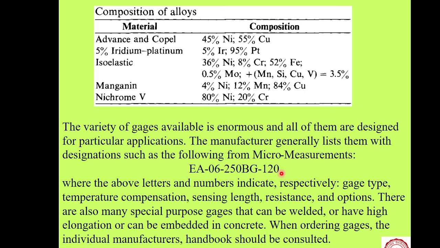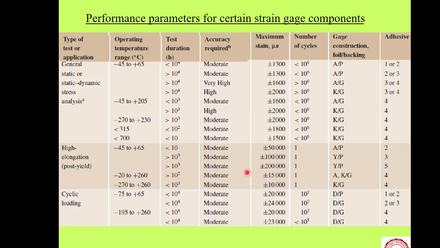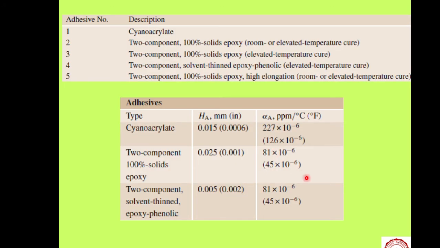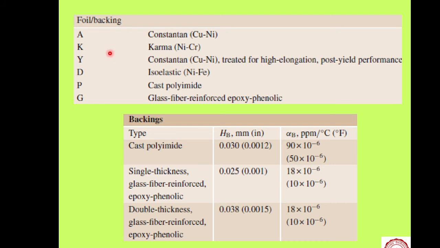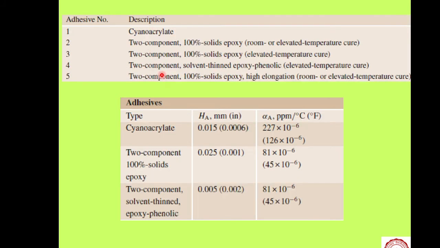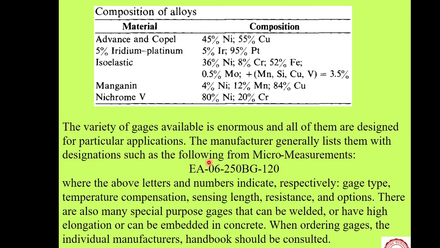We will see if it's available in the particular slide for a particular operator. So this also I am not going to discuss here, what are these things: adhesive number, etc., foil backing. All these specifications are there in this particular specification: type of foil, the gauge length, the resistance. So all the features of the strain gauges are specified through this number actually.